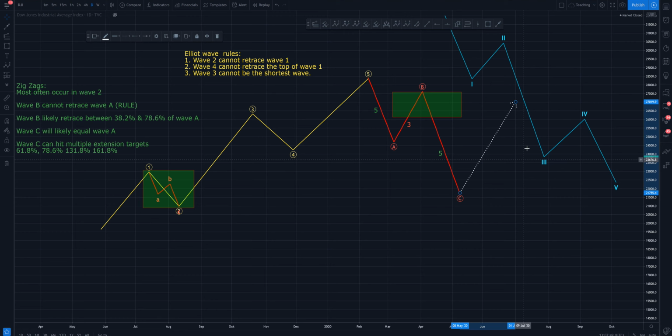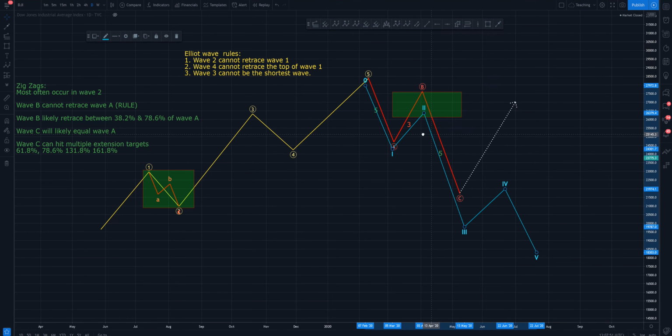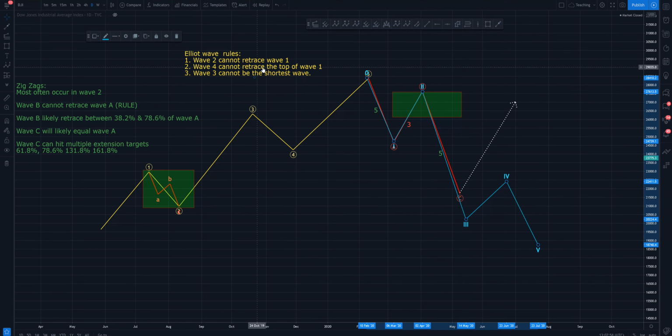Now, why am I saying that? Well, let's go and put our impulse wave on top. What's one of the rules of our impulse waves from the previous video? Wave 4 cannot retrace the top of wave 1. Here's 1. If 4 from our proposed C or our 3, if our move up here in 5 waves were to take us beyond the 1, that's also